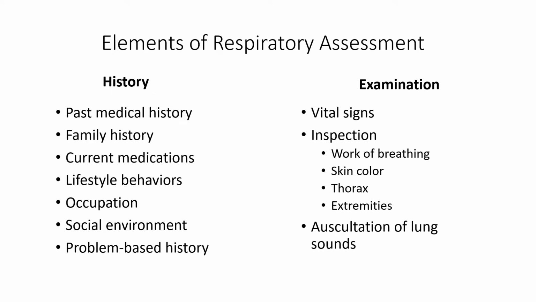the respiratory function? Their social environment, problem-based history, and the examination. We're going to get vital signs, particularly the SpO2, which is the pulse oximetry, and inspection of the chest. We're looking at the work of breathing. Are they breathing really fast? Are they not breathing fast enough? Are they dyspneic? Are they tachypneic? All of those things. Looking at their skin color, because again, that's going to tell us what their level of